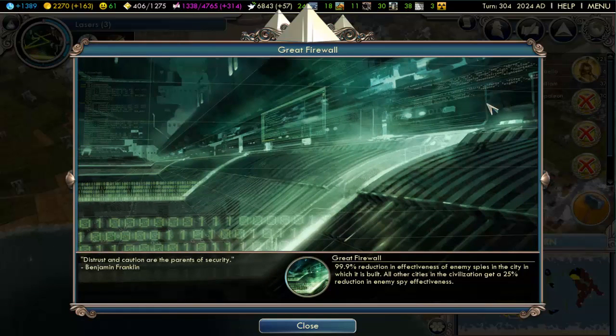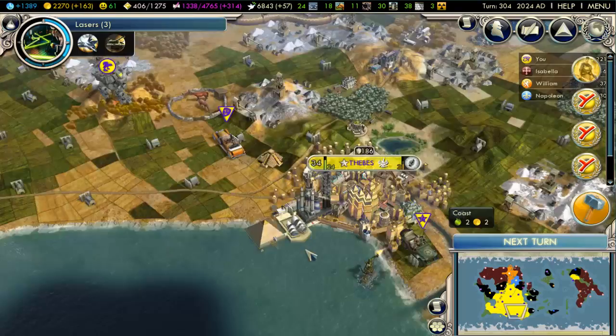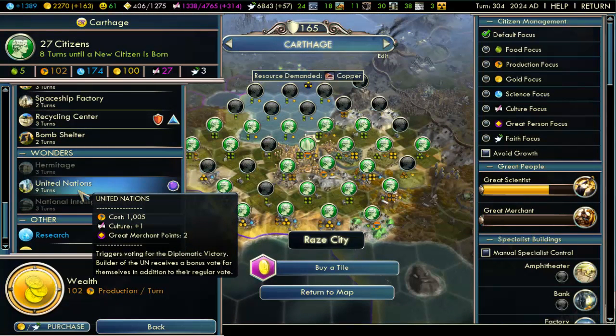And I gotta say, that really reminds me of Matrix for some reason. I'm not quite sure why. And look at my happiness. My people love me. 61 happiness. And another great engineer, which unfortunately is completely useless for me. I could build a United Nations and then...